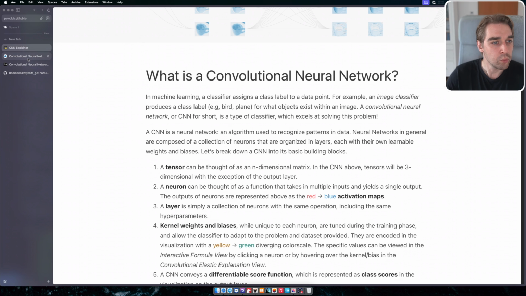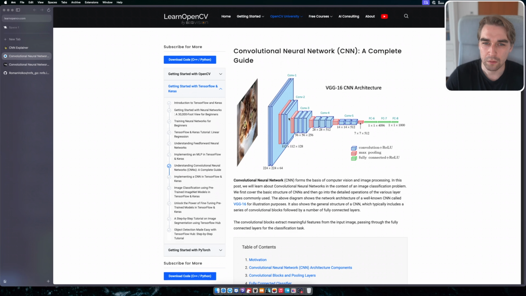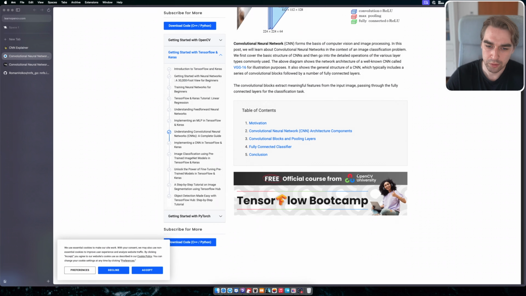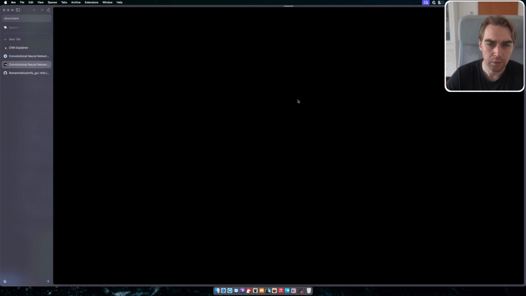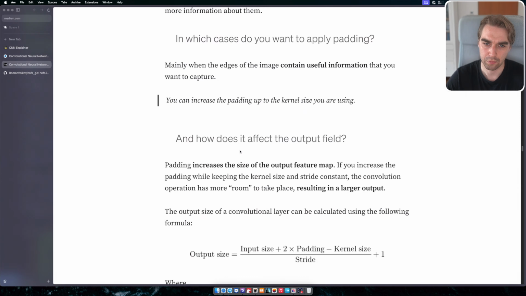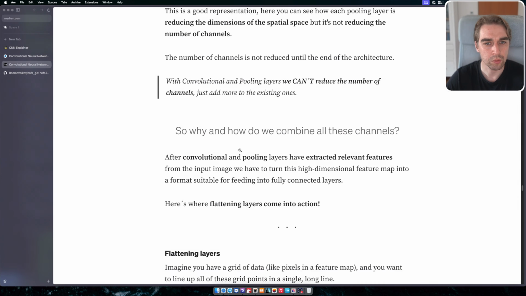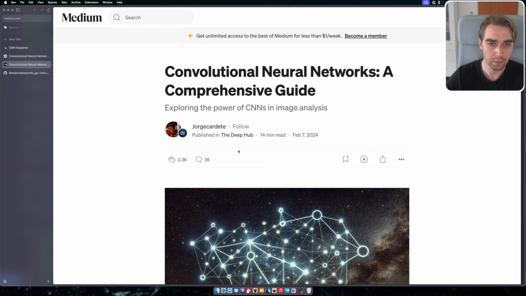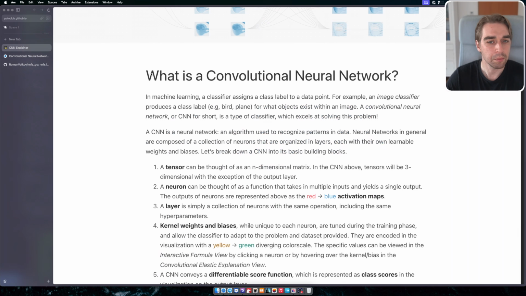And if we go next, there is this one, a complete guide, or actually, this is the one that we took a look at. Again, it's called Convolutional Neural Networks, a comprehensive guide. Take a look at this too. But in the next video, actually, I have